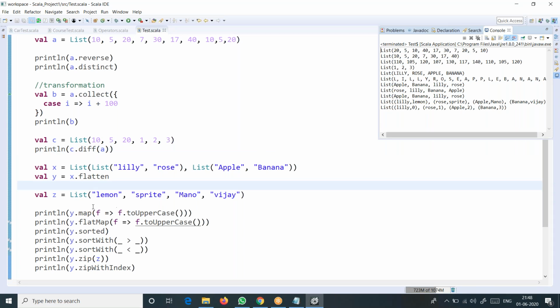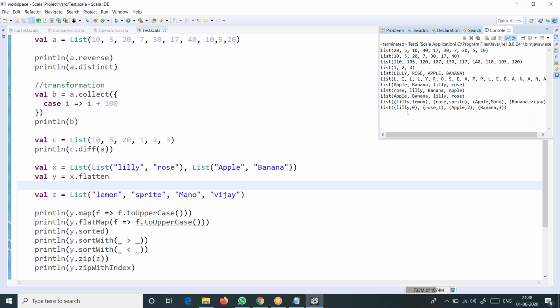And then after that, map function. Map, it is converting. Right? You can see every string is converted to uppercase here. That's what map is doing. Flat map applies flatten on every string, meaning each string gets converted to letters like this. Again, those letters are converted to uppercase. That's what is happening here.